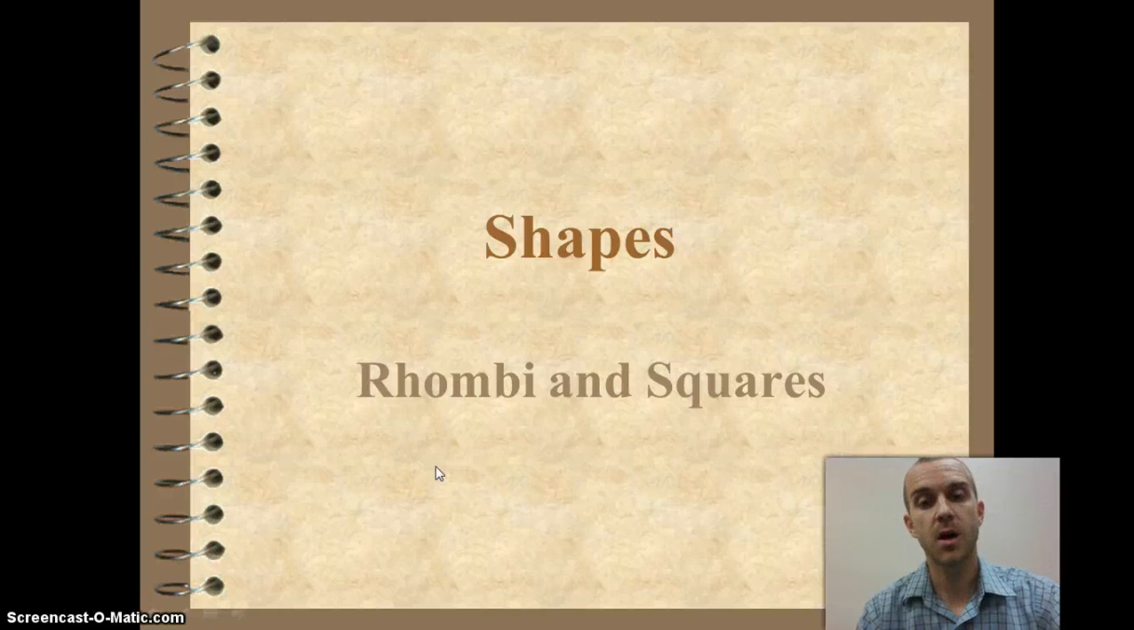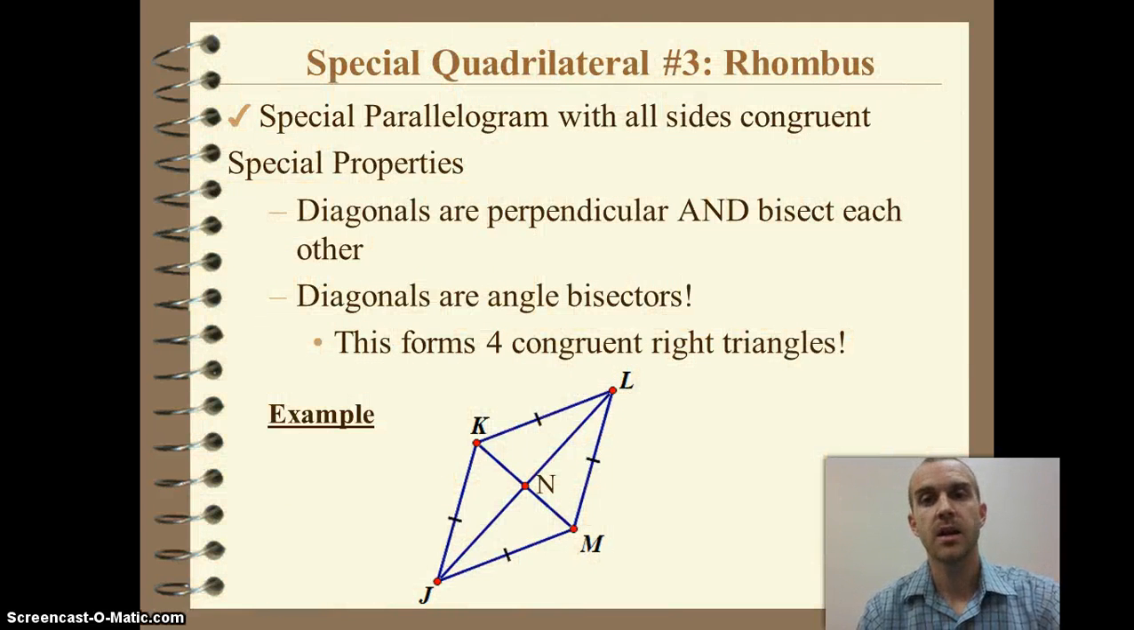In this video, we'll discuss rhombi and squares. Before, we talked about parallelograms and rectangles. Now, a rhombus is a very special parallelogram in which all four sides are congruent. This causes some special things to happen with the diagonals. For example, they'll be perpendicular, they will bisect each other, and they will also form angle bisectors to each of